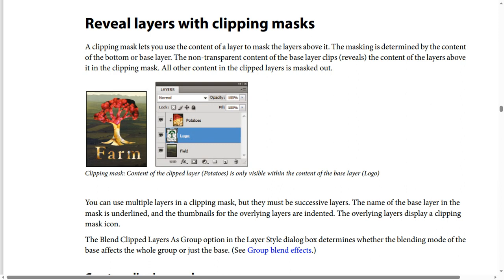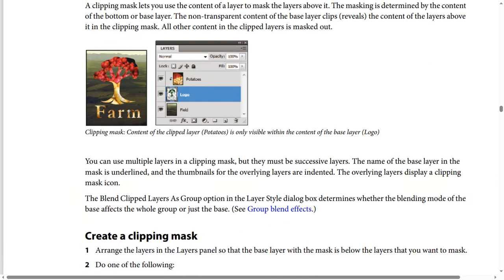The non-transparent content of the base layer clips, or reveals, the content of the layers above it in the clipping mask, and all other content in the clipped layers is masked out, like a screenshot now. Clipping mask: the content of the clipped layer and photo, and the photo footage is only visible within the content of the base layer. And you can use multiple layers, by the way, in a clipping mask, but they must be